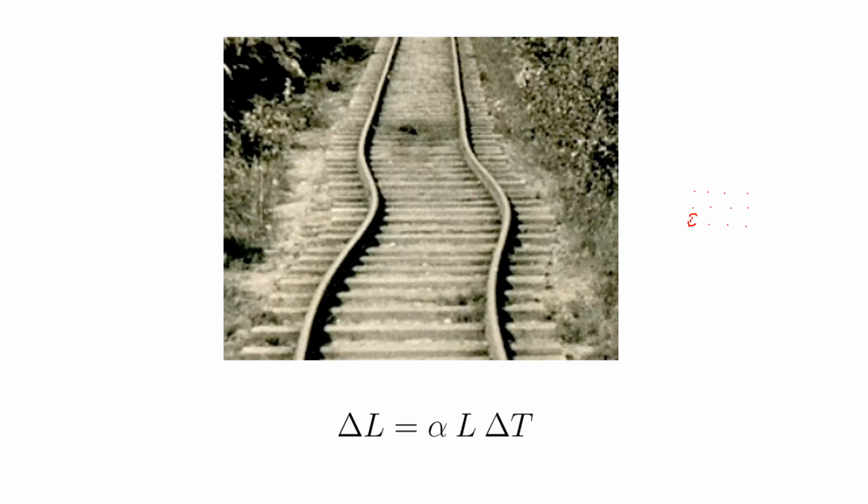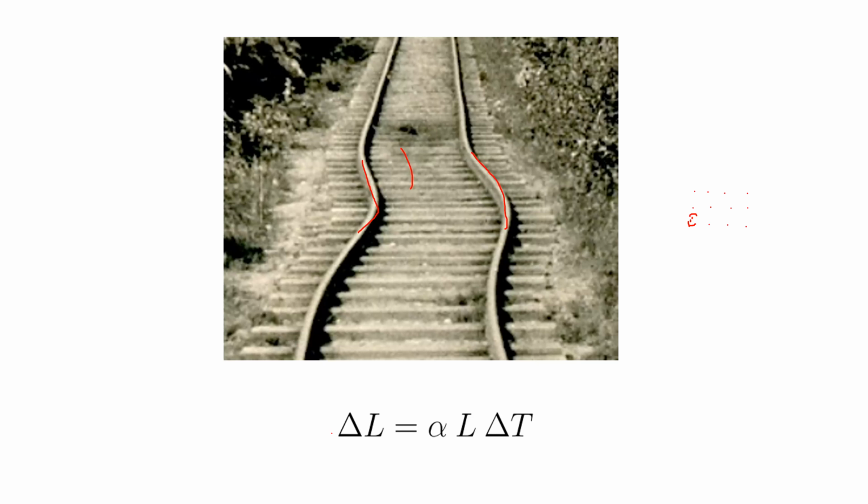This can be seen with metals, for example, in a railway. As you can see here, the rails expanded due to heat, and because they have no place to expand, they actually curve themselves right here. So this can be dangerous in certain situations if it is not expected, but we can actually calculate this using